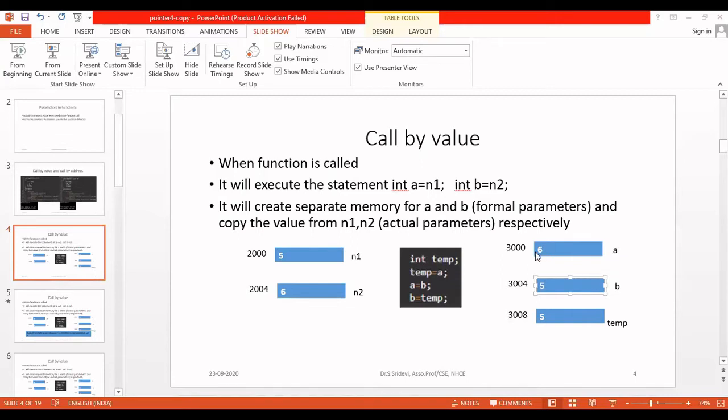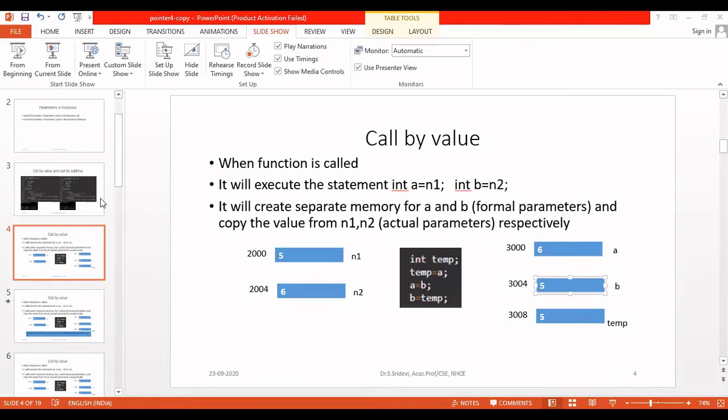Now, what has happened to the actual parameters? If you see the memory of the actual parameters, no changes have been done. So they will have the same values 5 and 6. Whatever you started with, that value will be available in n1 and n2. You are doing some changes inside the function swap, but all these changes are reflected only in the memory that is allocated for the formal parameters.